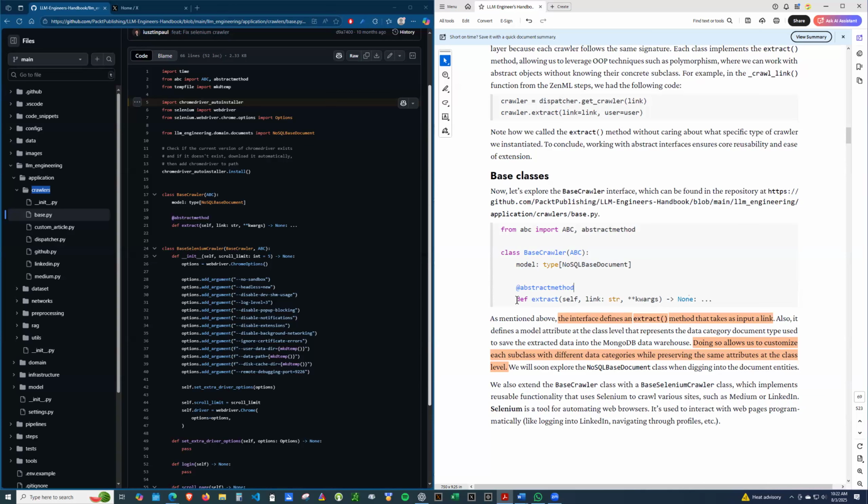Args are just additional arguments that you haven't specified that you want to be passed along for heritability, and kwargs are keyword arguments, which are usually dictionaries, and they make a distinction in Python between the two as a design decision. Basically the default extraction is none. And I thought it was kind of interesting, there's actually nothing here with that base crawler